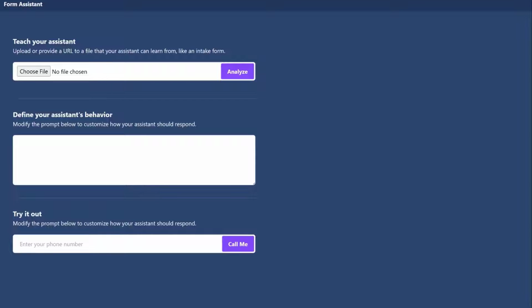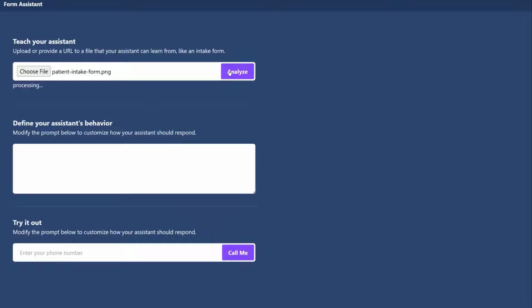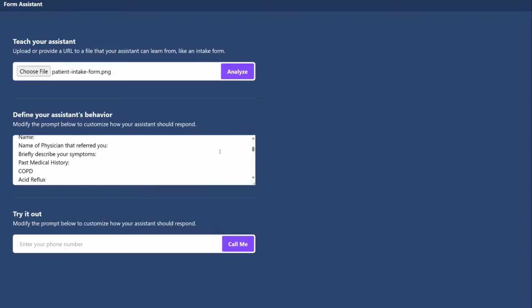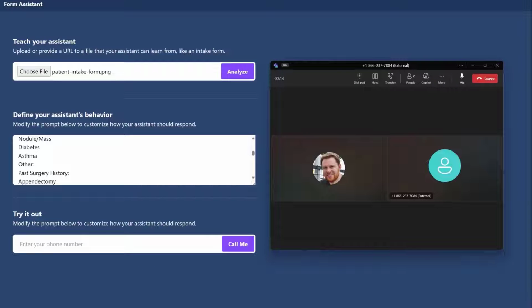So here's how I was envisioning this application could work. It would be a very simple form, and you could upload your form to it, which is either like a PDF or an image file. And then we would analyze it using Azure Document Intelligence, and then take the output of that and feed it into a large language model, and then use Azure Communication Services to call you and have a live conversation with that form. And in this way, you could actually walk through the form with the large language model, all while